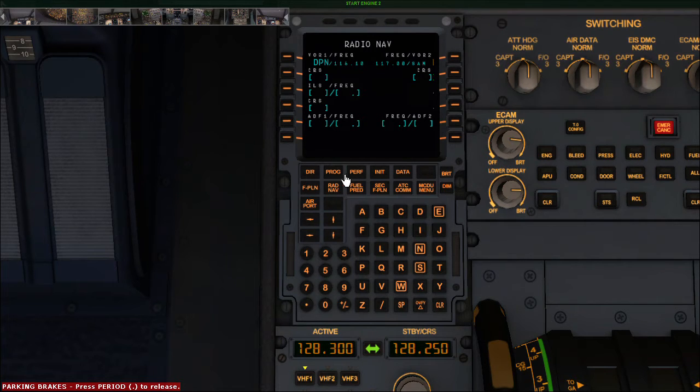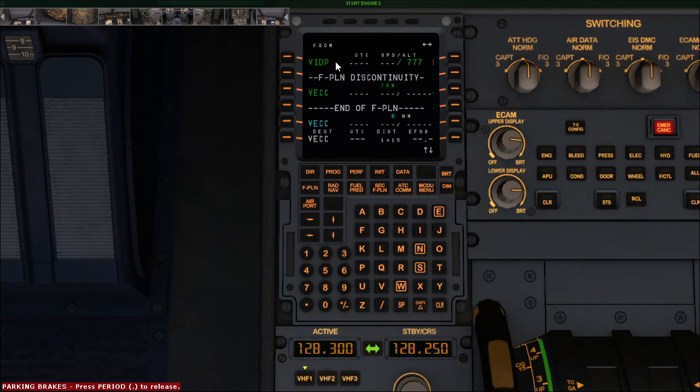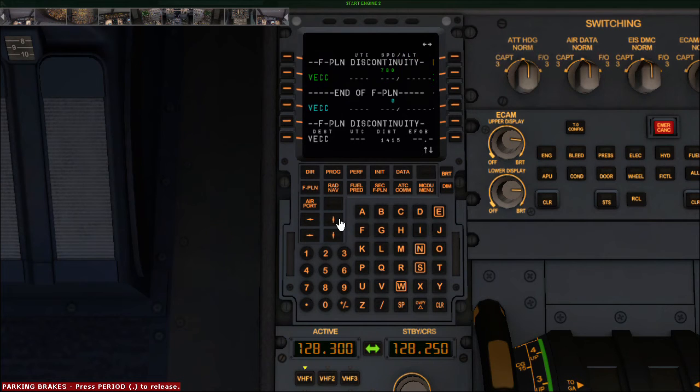If there is any green field, suppose you can see this FL365, flight level 365, this is a green field. We cannot change this field. I'll discuss this in a moment, that there are some fields in the MCDU which we cannot change. Suppose if you go to the F-PLAN page, you can see VIDP VCC, and at the end of the flight plan you can see VEBS and VECC.